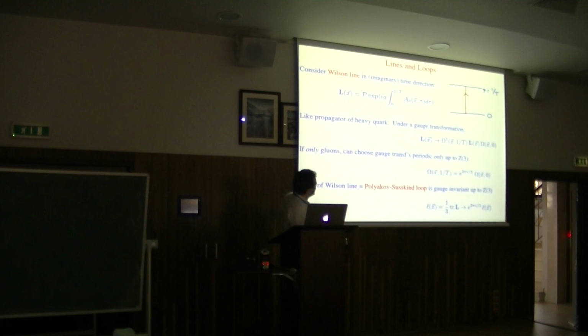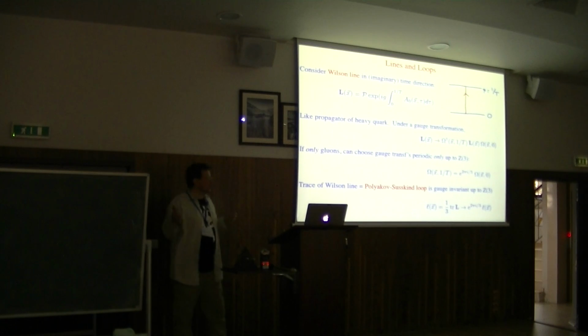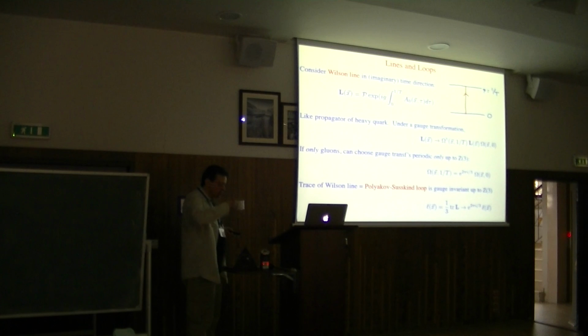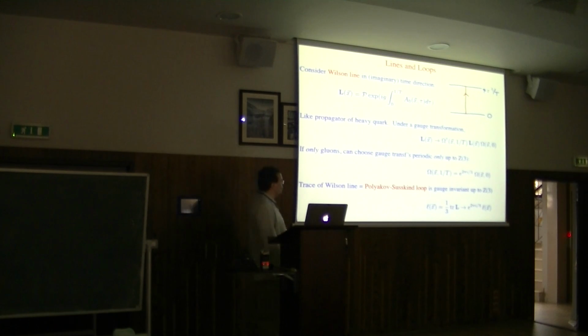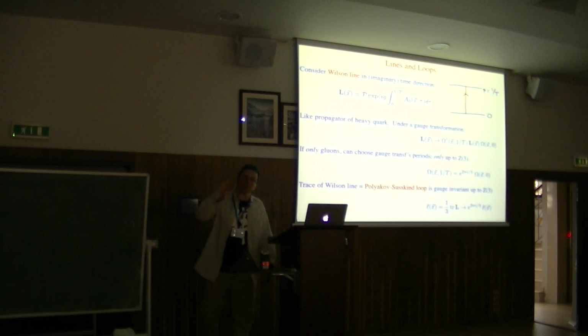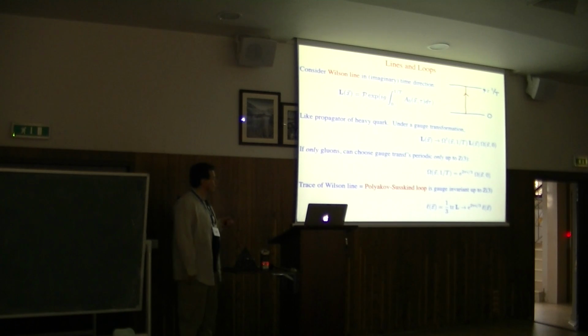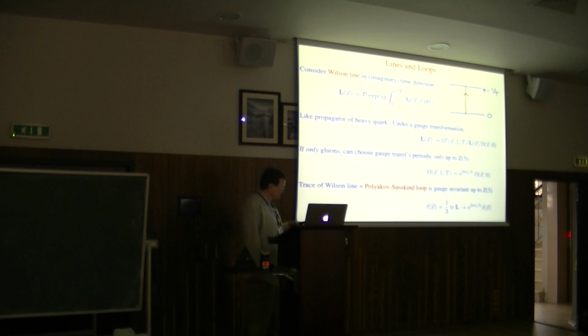Because of this change, we can make the gauge transformation at the top differ from that on the bottom by one of these Z3 gauge transformations. That won't change gluons because, as we showed on the previous transparency, gluons are invariant under these Z3 transformations. But if we take this Wilson line in the fundamental representation, it transforms by this phase factor. This is known as the Polyakov-Susskind rule. So it's gauge invariant under local gauge transformations, but under the global gauge transformation,